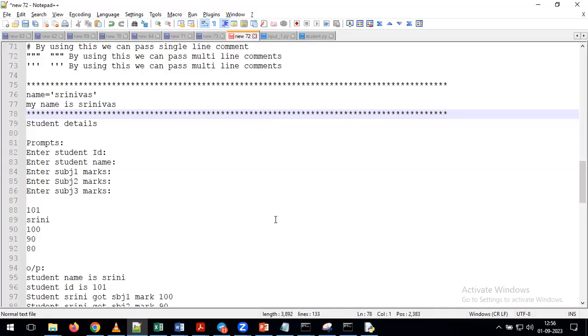Sir, you gave me a link yesterday, right, to convert IPv6 to IPv4. I've used that. After giving the IPv6 address, when I click on convert, I got